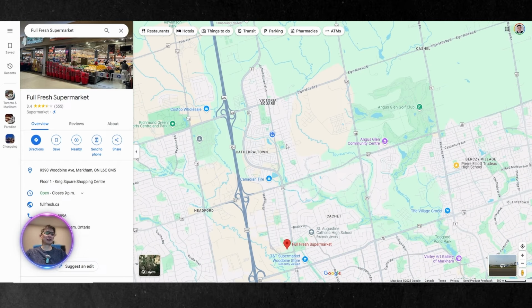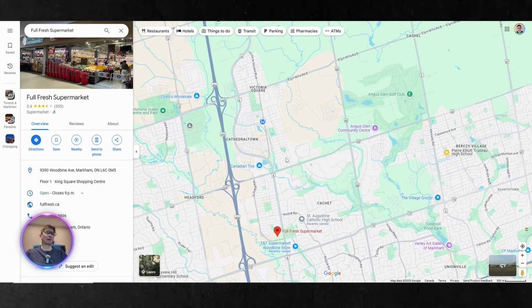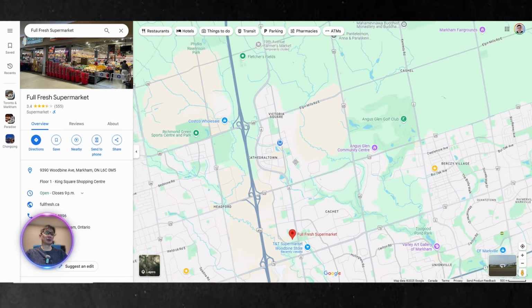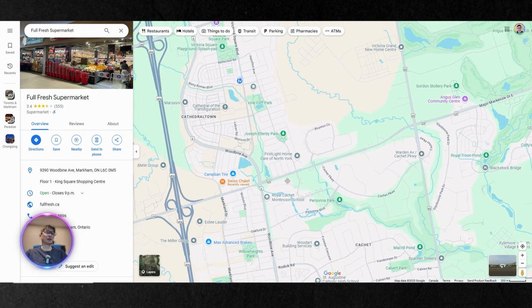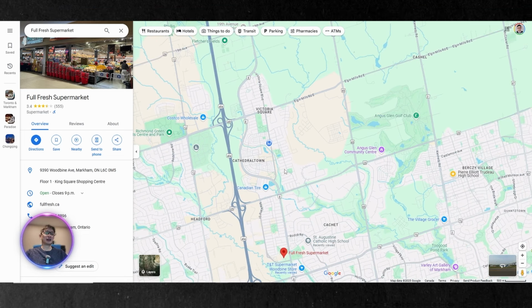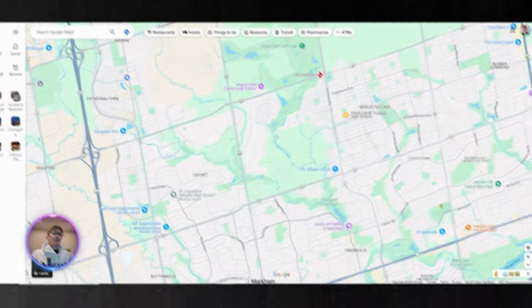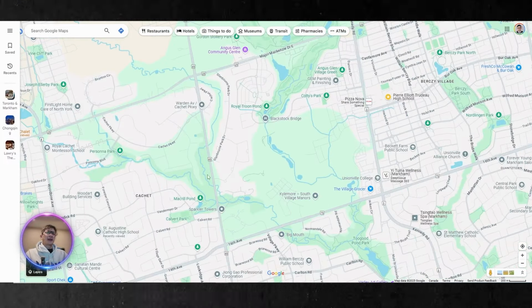And again, this northwest portion of Markham is becoming more and more popular each day due to the proximity of all these amenities and also newer homes and a quieter environment, and also one of the top schools, St. Augustine. If you like all those features that I just mentioned, this part of Markham should definitely be on your radar. Now let's move on to the east part of Markham, and just right next to Cachet